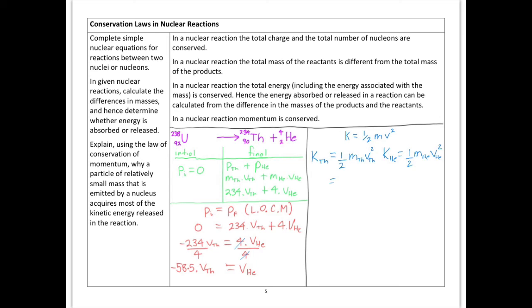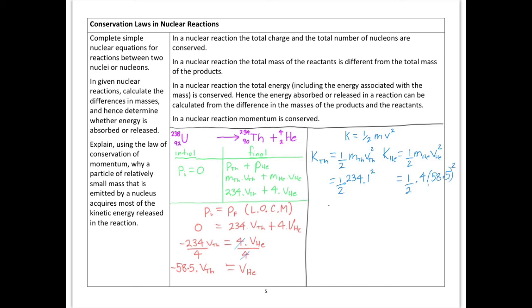So the mass of the thorium relative to the helium is 234, and its velocity in this case is 1 relative to the helium, the way we've worked it out. And the kinetic energy of the helium in this case is a half times the mass, which is 4, times its velocity, which is 58.5